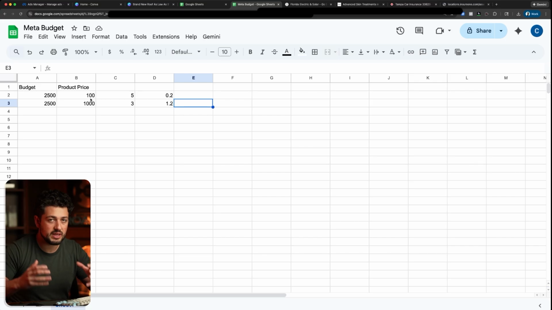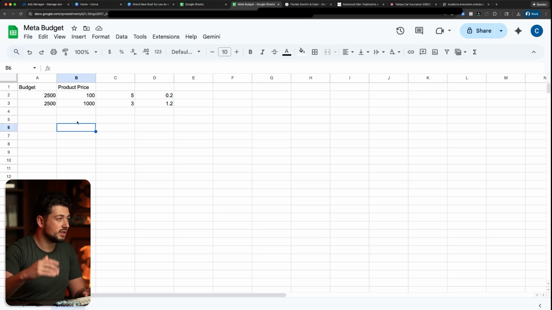The reason I bring this up, and obviously this is common sense, but it's important to note down while you're calculating your budget, is because your product price significantly matters when it comes down to how much you're spending and how much you're going to test. As a comparison, for an example as well, another thing to think about is if you're selling a $100